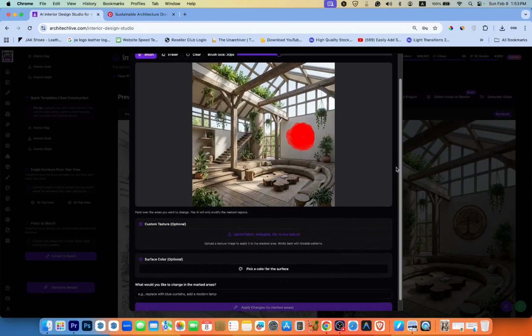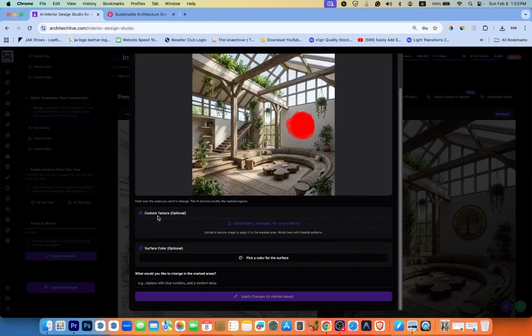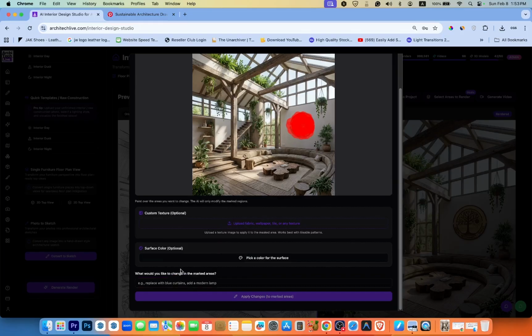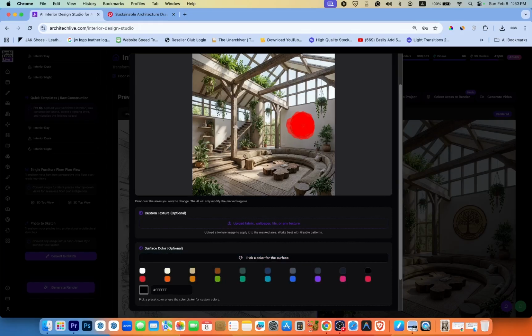And if you want anything, you can say it here, like from here you can say custom texture you want to add from the wall. You have to select the wall. As you can see, I select this paint, this monogram, and you can say remove this one, it will remove it. If you want to put another color on the wall, you can select the wall